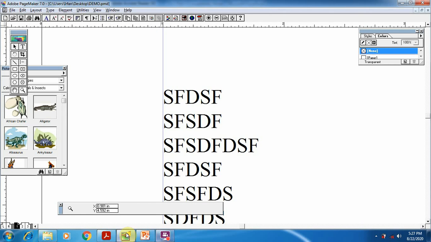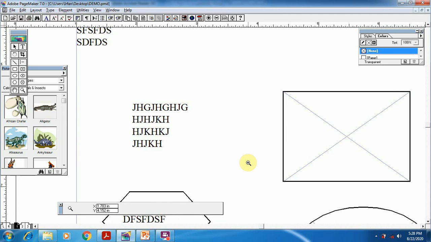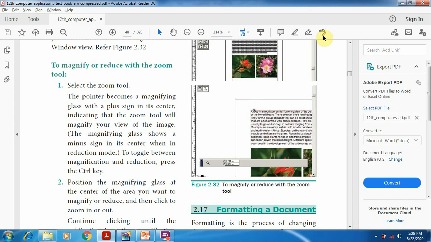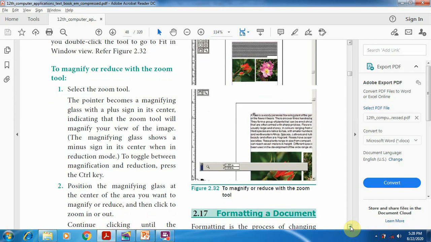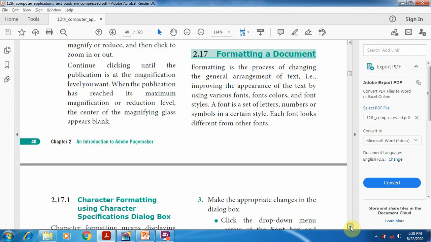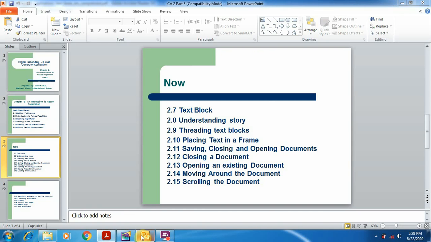In the same way, we can change the magnifying mode by pressing the Control key. If you hold the Control key and press the left mouse button, then the size is reduced. If you release the Control key and press the left button, then the magnifying option increases the size of the zoom level. So in the same way, we can increase or decrease the zoom level. After magnifying or zooming, we are going to see the next topic, formatting a document. How can we format the document? Before that,